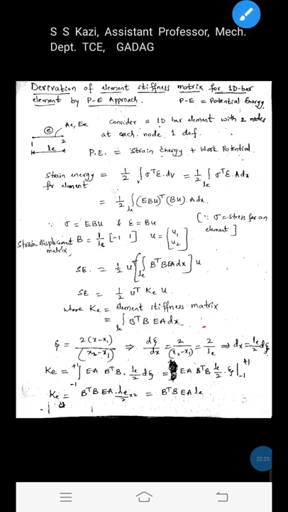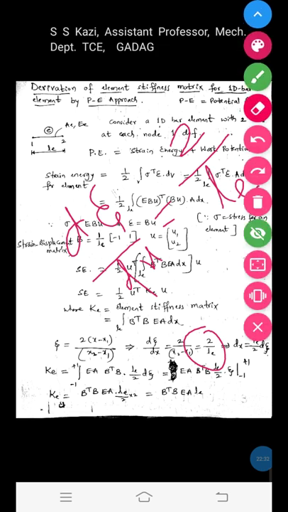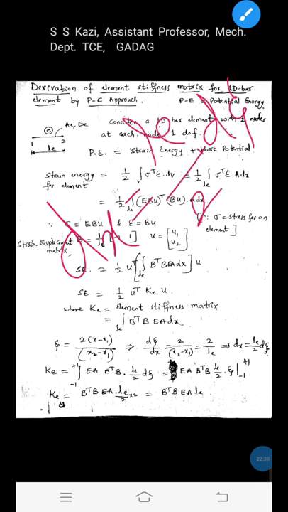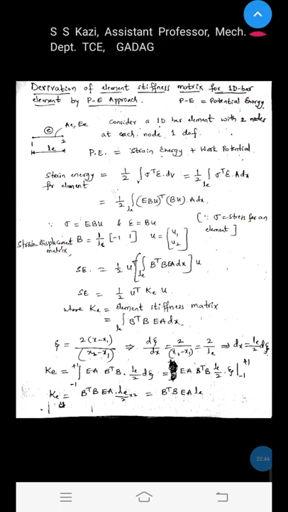Okay, 2 by LE. d zeta by dx, we got 2 divided by LE. Therefore, what is dx now? We have to replace dx. dx is equal to LE by 2 into d zeta. Now just replace dx by d zeta like this, by putting the dx value here, and also change the limits